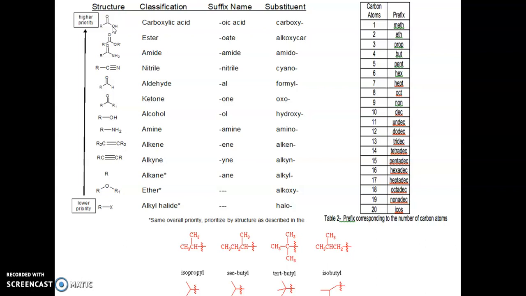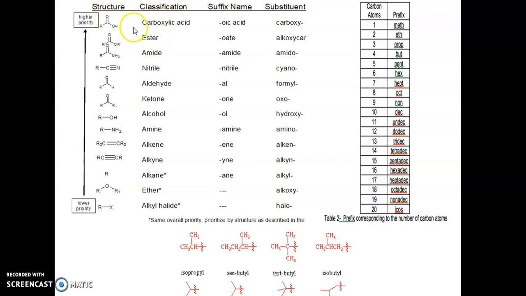So how will we know that these functional groups are in a side chain and not main functional groups? If these functional groups are involved in carbon chain numbering, then obviously they are the main functional groups. And if these functional groups are not numbered, and are just present in a side chain, then they act as a substituent. So let's see what suffixes are used for different functional groups when they are principal functional groups and when they are substituents in different compounds.